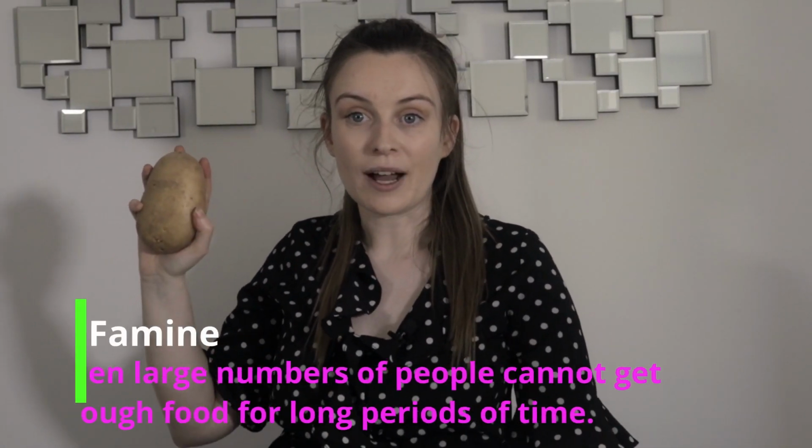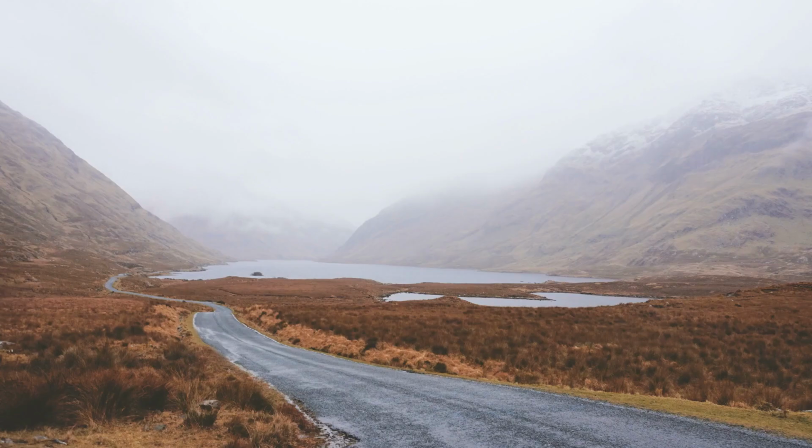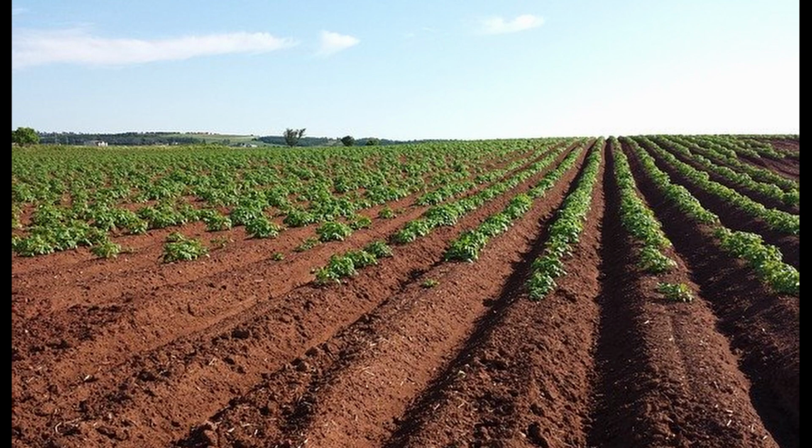The Irish potato famine was caused by a disease called the potato blight. It was a fungus that attacked the potato crop and made it rot and turn black. Due to the damp Irish weather and the fungus being airborne, the blight spread really quickly, killing all potato crops,